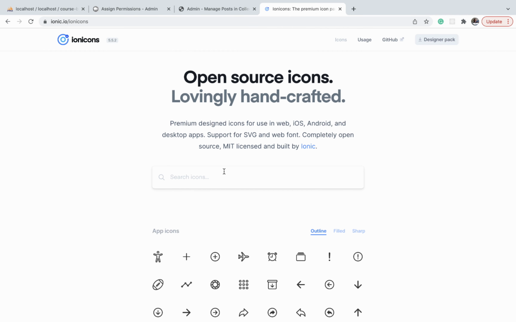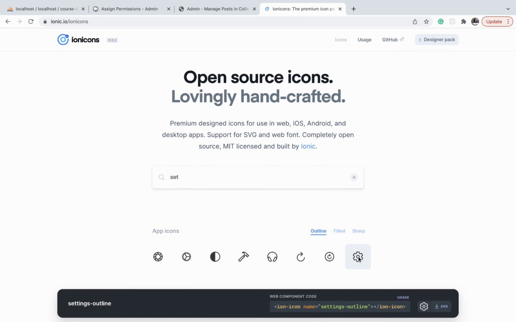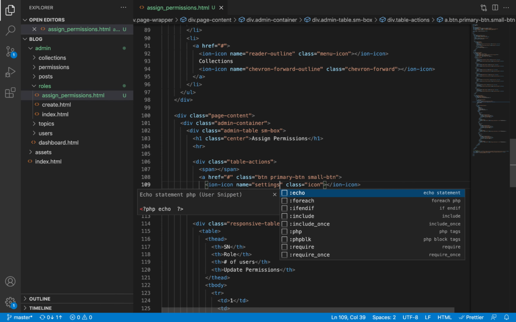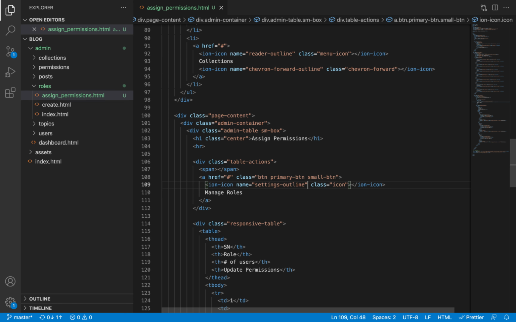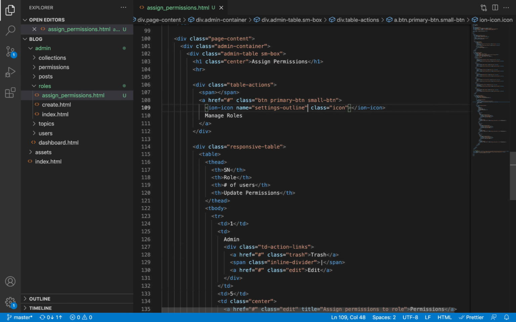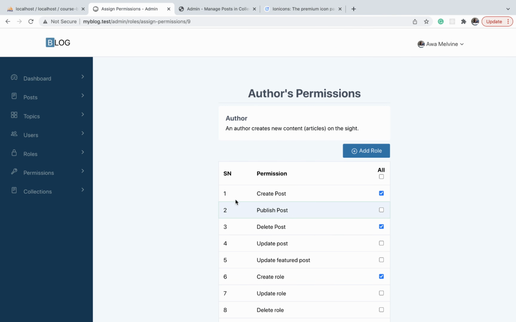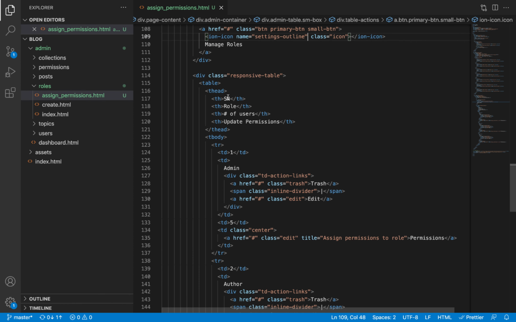So let me see what the name is for the settings icon. Okay, it is settings outline, so I will just change this to settings outline. Okay, and then on the table itself, the table has 3 columns: the serial numbering, the permission, and the all checkboxes. Serial numbering, permission,